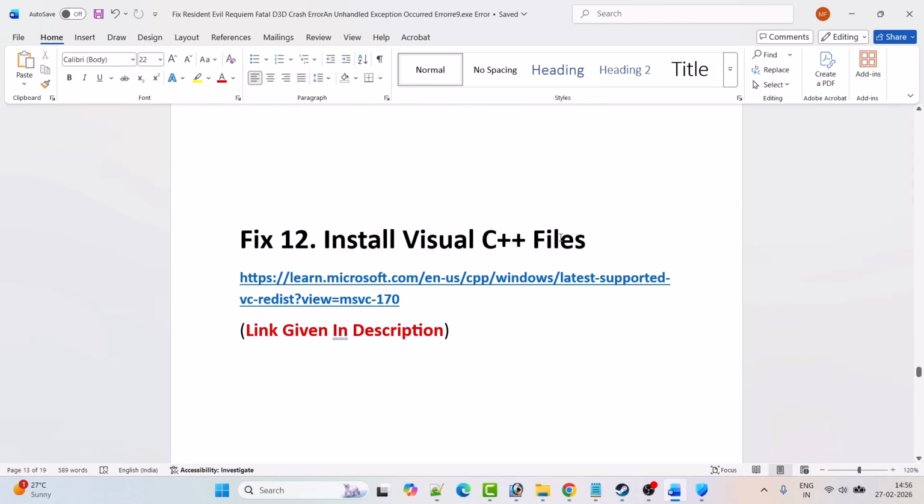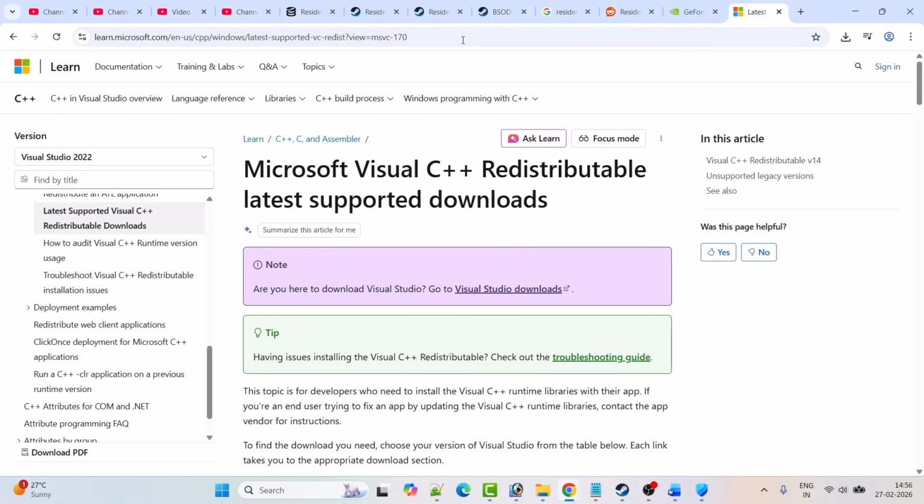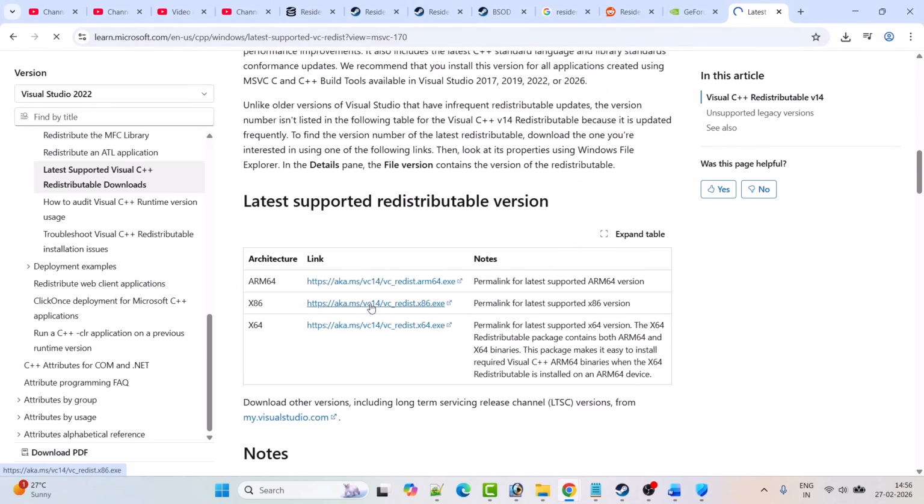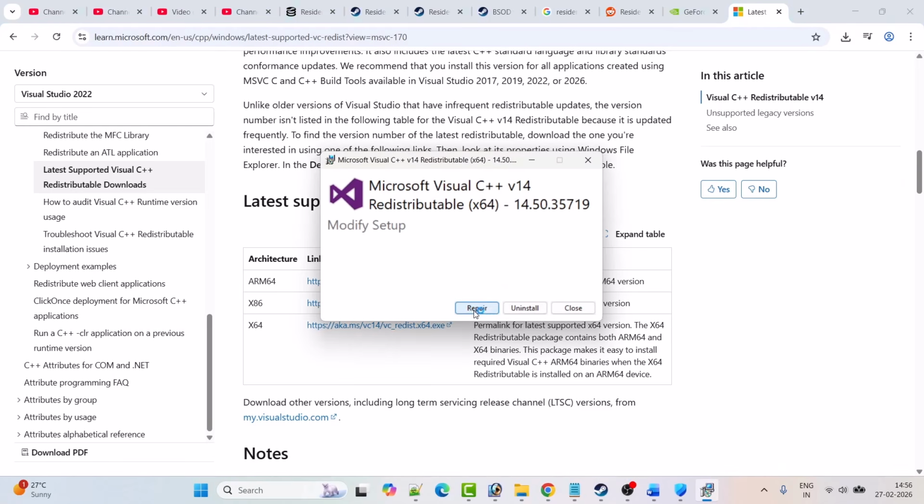Fix 12 is to install Visual C++ files. So go to this Microsoft website. Link is provided in my video description. And once you are on this Microsoft website, scroll down and download both x64 and x86 versions. Once you download both versions, first click on the x64 version. Now if you see a repair option, then click on repair, and if you see an install option, then click on install